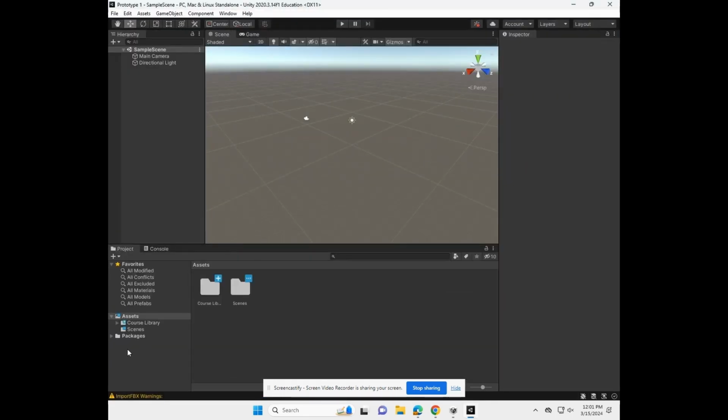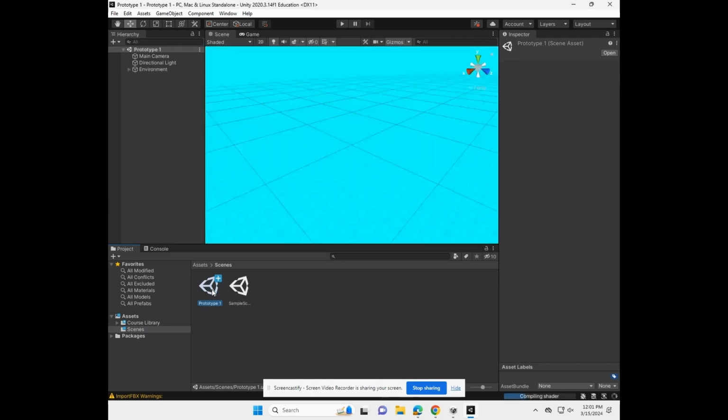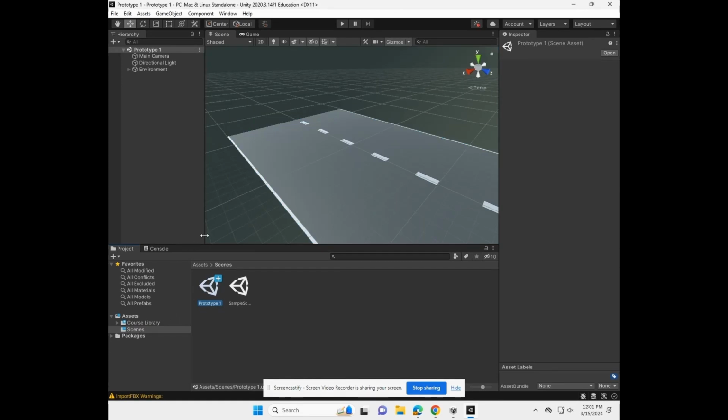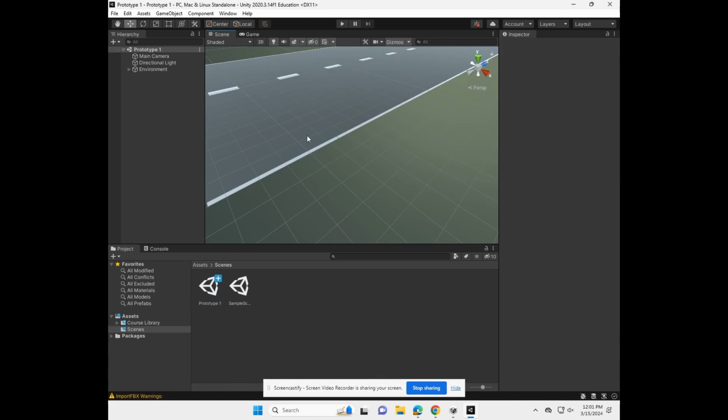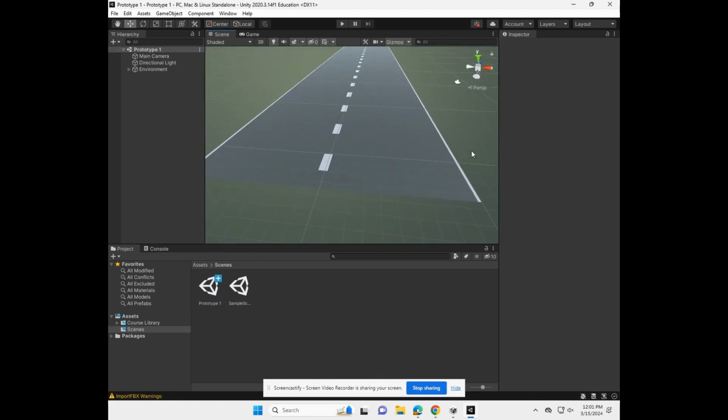Now, you can see that we have a few new assets in there. We're going to click Scenes and double click Prototype 1. Now, that will give us some ground and a road and a few other things which will be really useful. We're going to need them in the future because we're going to want to have objects and have them exist